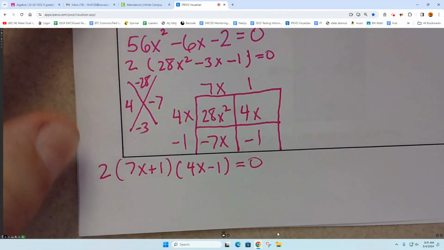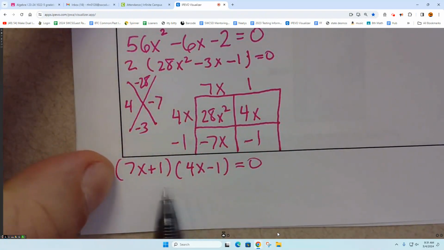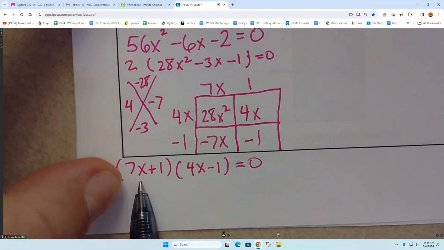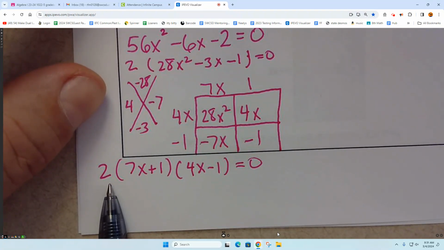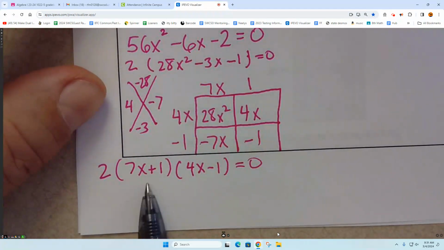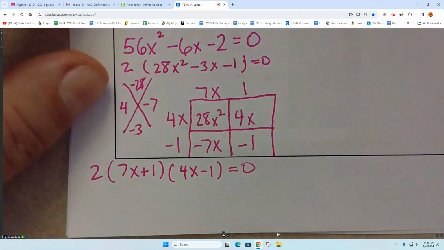Here's the question. We want to know when does this thing being multiplied equal 0, right? When does this thing equal 0? And here's the last question. When does 2 equal 0? When does 2 equal 0? Never. So this 2 out here does nothing for us. No. We just did all that work to undistribute it, right? So I know it's so tempting to want to put it back in, but no. So